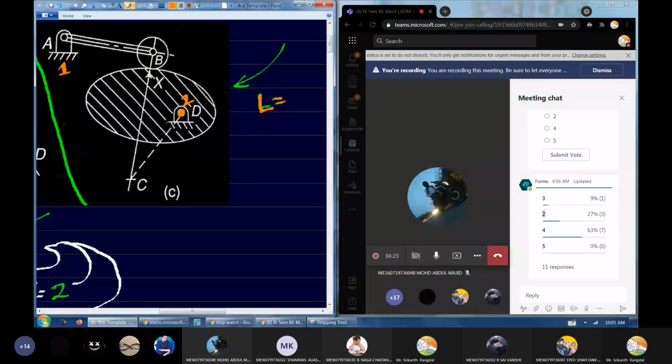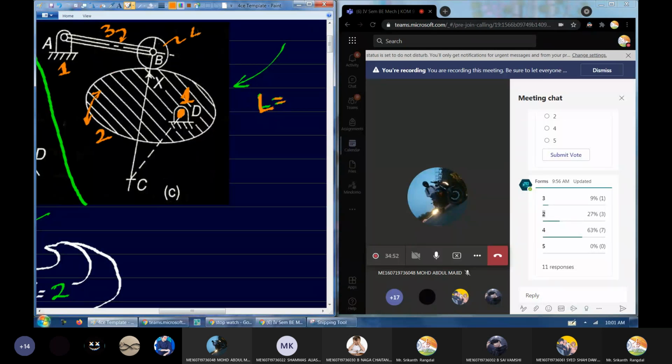The point D is also fixed. So that is just first link itself. So first link is at A and D, both the points being fixed. The second link is this part. This part, as you can see, it is free to rotate about the center point D. Then the third link is this bar over here.